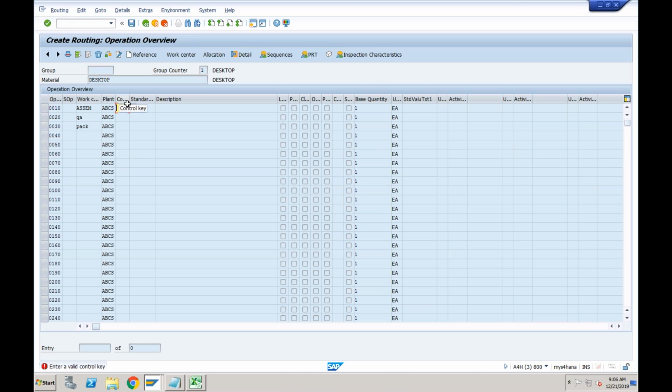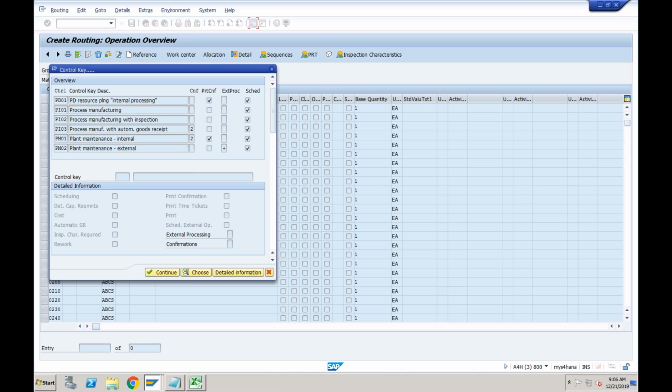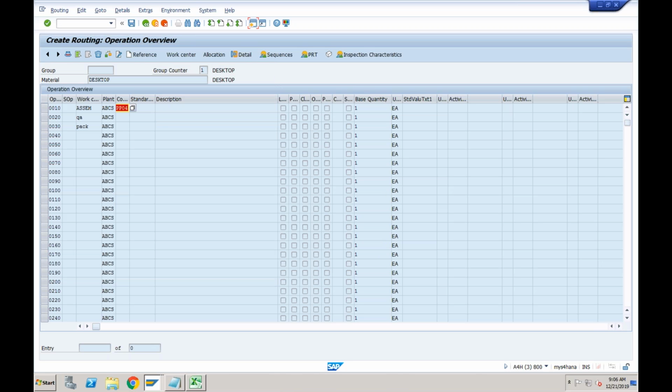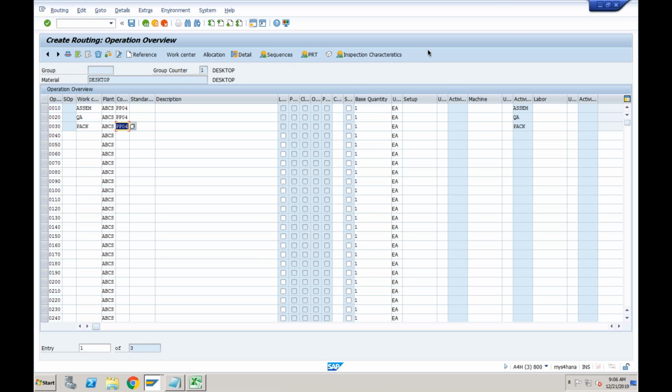System will ask you control key, just do F4 and select, maybe from this one we normally select PD04. Normally we select PD04. Okay, this is again part of PP. Why I did that, I'm also not very much sure, but this is not related to our costing activity. Okay, so now you can see system is asking you assembling, quality and packing, and it is asking you